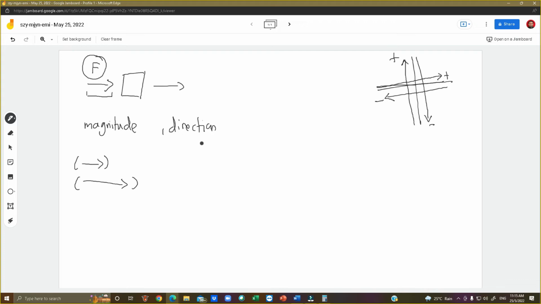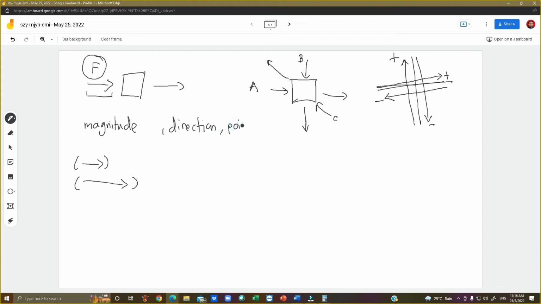And the third one is point of application, where we apply the force. Macam ni ke, macam ni ke, macam ni ke. Because the direction of the force being applied, the point where the force being applied determine the movement of the object. Kalau kita apply daripada A, it will goes that way. Kalau kita apply daripada B, it will goes downward. If we apply from C, it will go diagonally. Tu maksud yang ketiga,